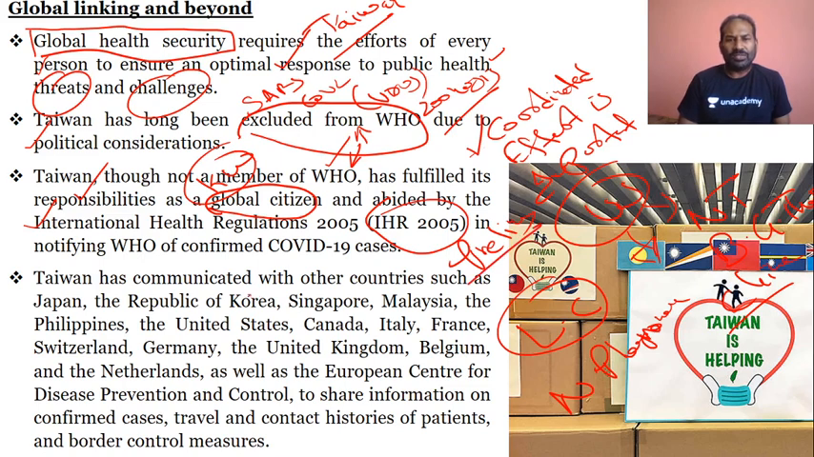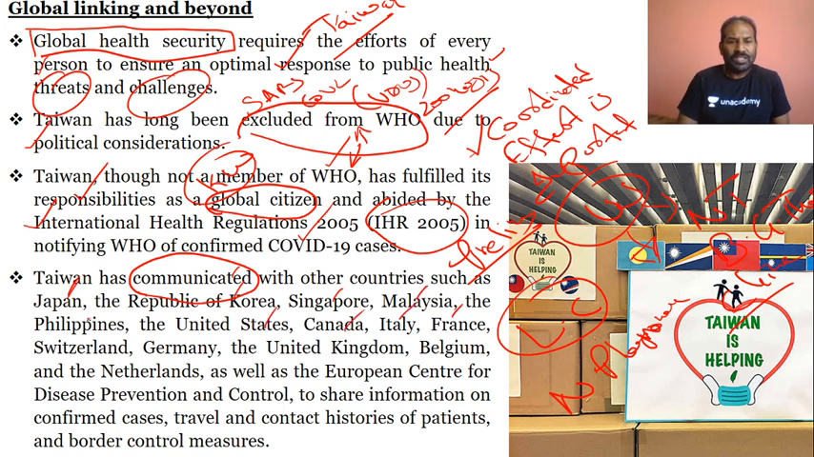Taiwan notified WHO under the International Health Regulations 2005 about COVID-19. So Taiwan has communicated. Now, if you look at it, it has not just gone ahead with various strategies, harnessing its technology to contain the virus or having its own protocols, but even though it is not a member of WHO, it has communicated to other countries such as Japan, Republic of Korea, Singapore, Malaysia, Philippines, United States,